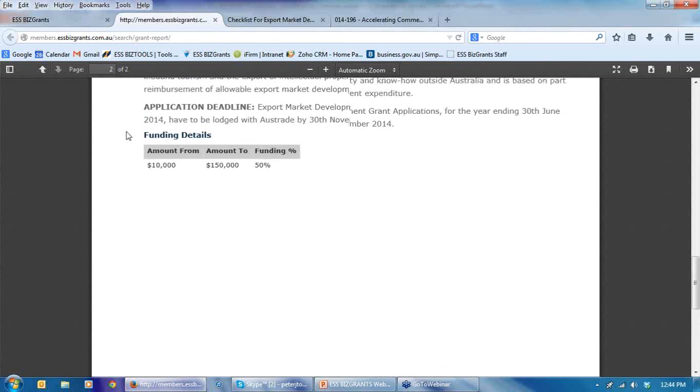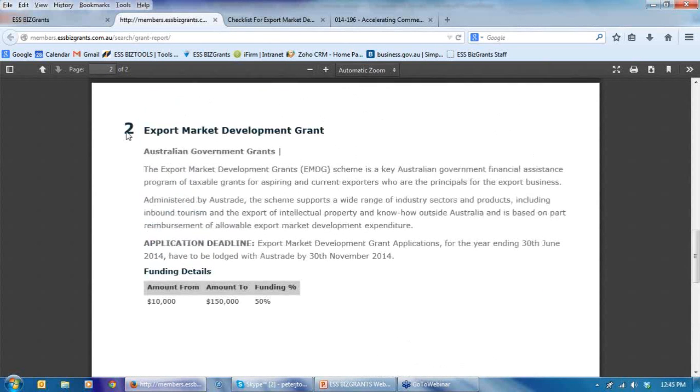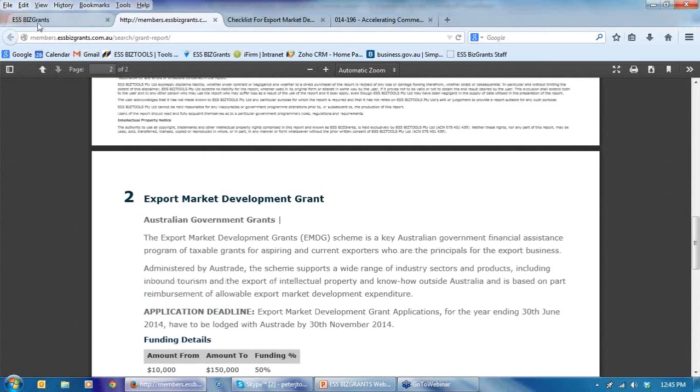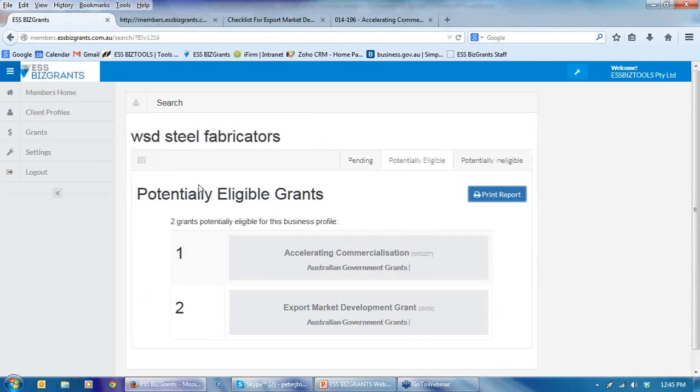So what you have on the screen now is the grant report. It has the client's name, your name. It wouldn't have ESS BIZTOOLS. It would have the name of the accountancy firm that's preparing it, and it's dated, so that it gives you a summary of the overall picture.